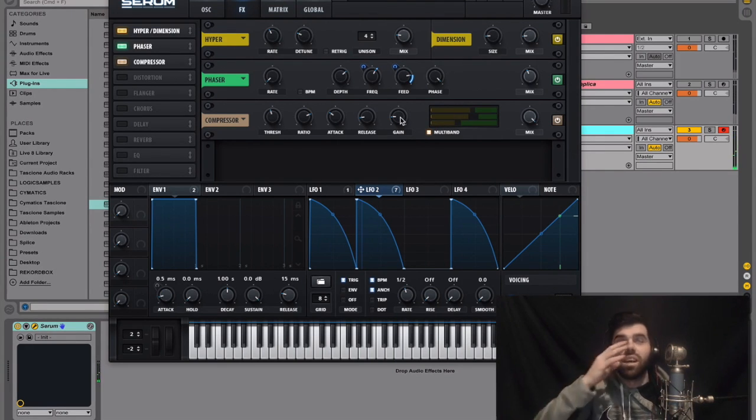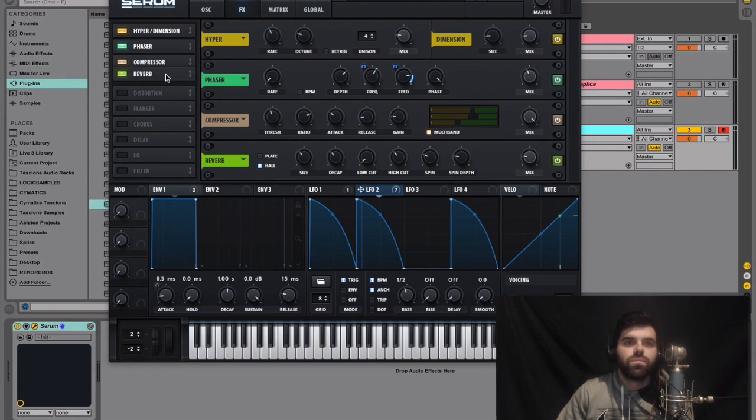So yeah, it's starting to sound really sick. So let's drag this reverb on. And normally what you'd have is this hall reverb. And these are all the settings that come up when you first add the reverb. So you should be hearing, which definitely sounds cool. I love the stock reverb in Serum, but we're actually going to change this.